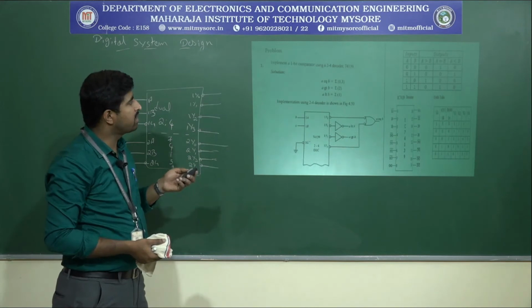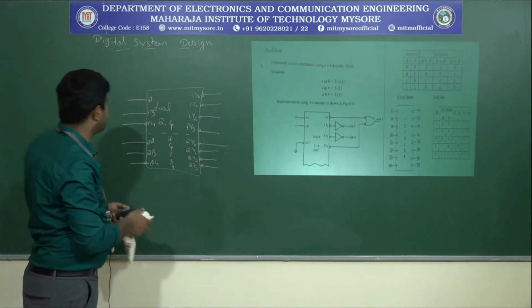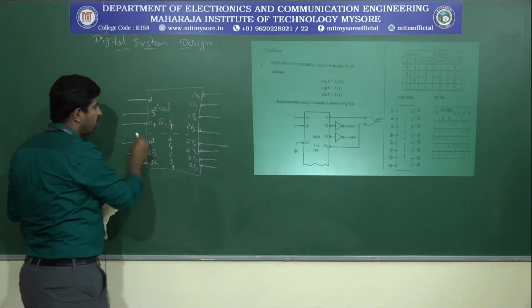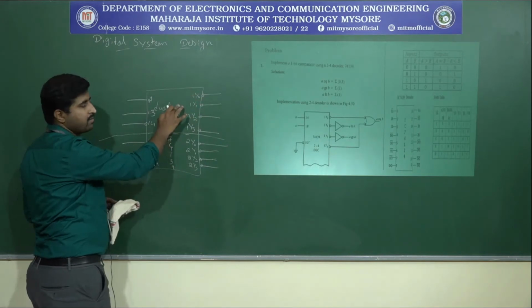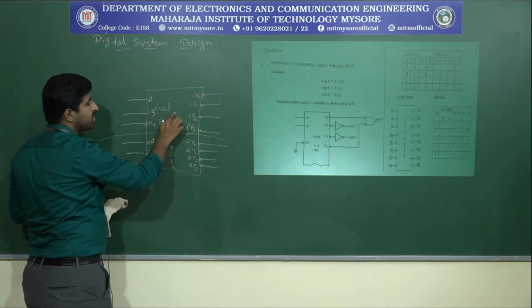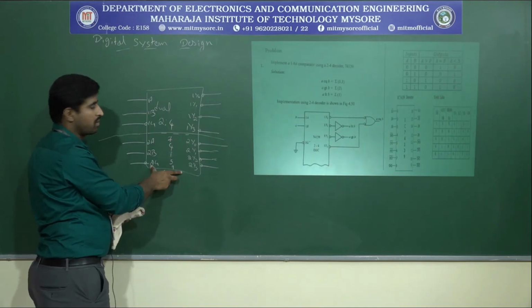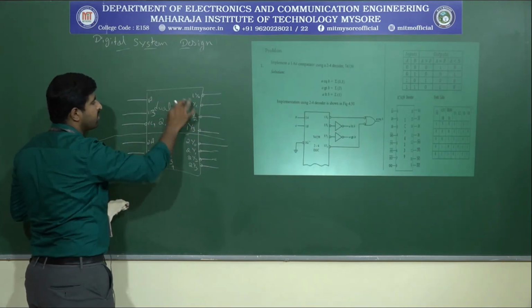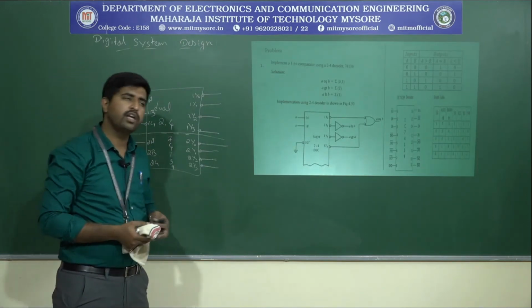Since we need to implement this 1-bit comparator, which has only 2 variables, that means we can implement it by using only one 2:4 decoder. So this is enough for us. There is no need to use the other 2:4 decoder. So we are going to use the first half of the 74139. That is one decoder we are going to use.